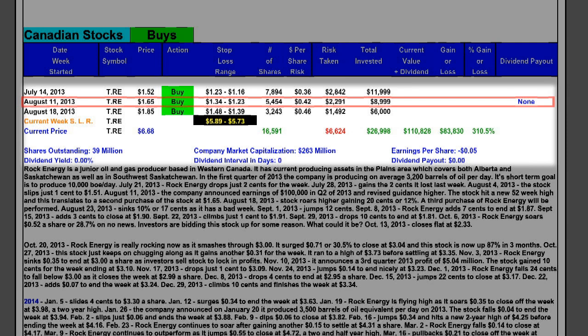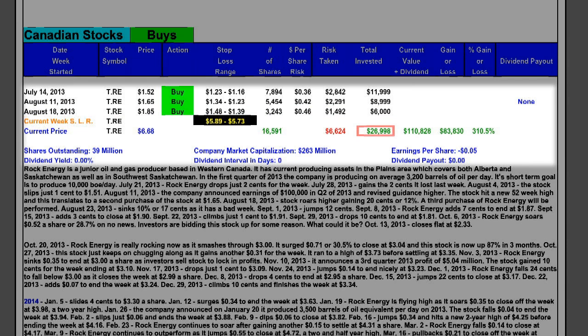$8,999. The third and last purchase was on August 18th at $1.85 for 3,243 more shares, with a risk of $1,492 and a final investment of $6,000. The newsletter was willing to invest a total of $30,000, but since it made 3 purchases versus the 4, it invested only